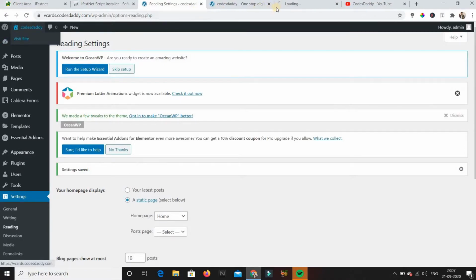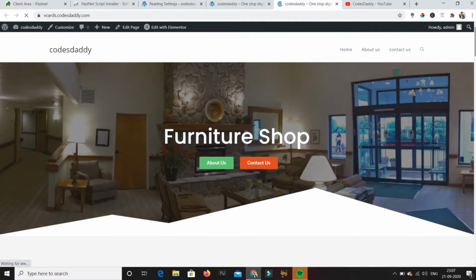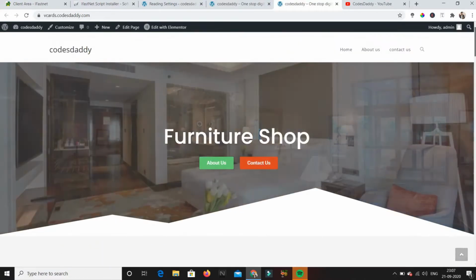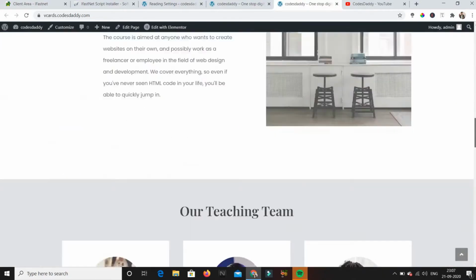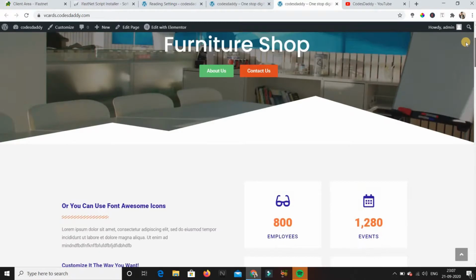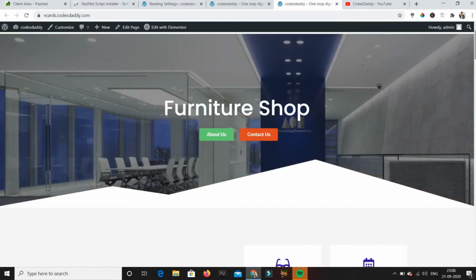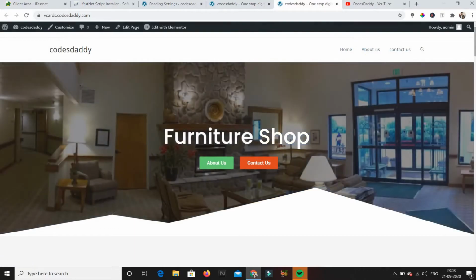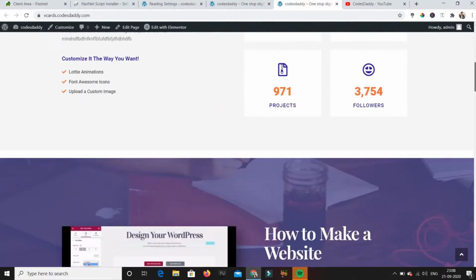Just click on visit site, and you can see that our home page is opening now. So I have changed my static page to the home page. And now our beautiful website is ready with 3 different pages, and we have implemented it successfully.